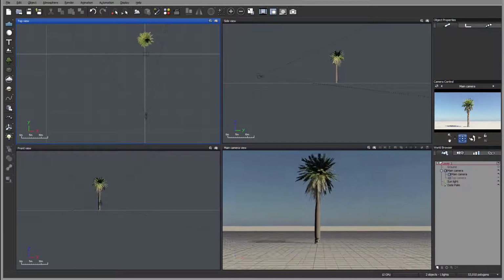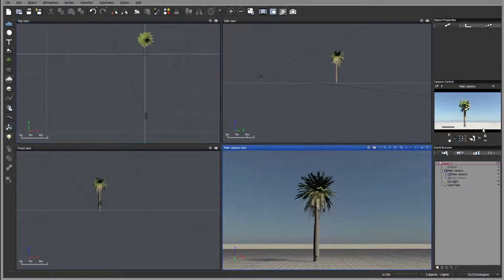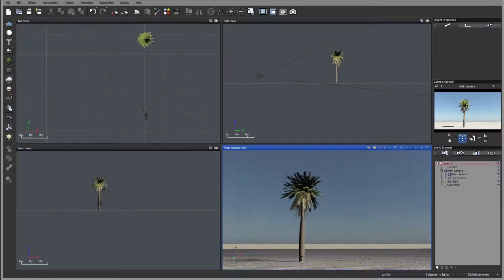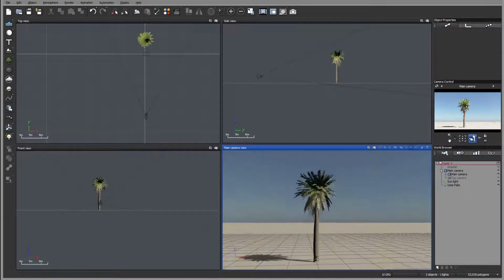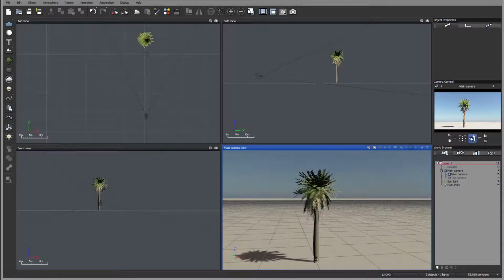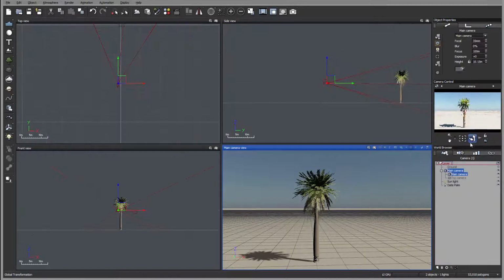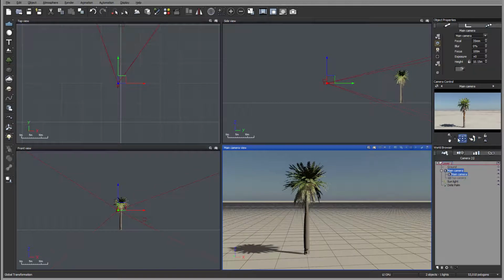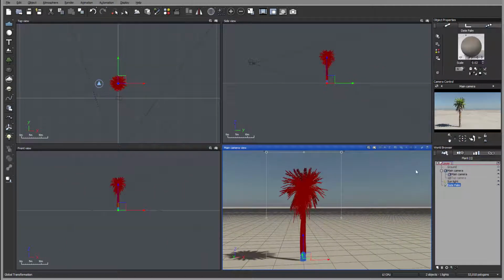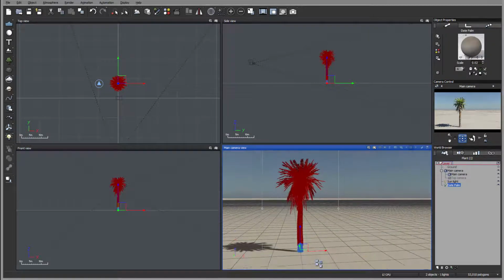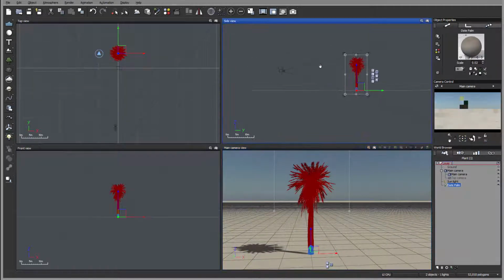So we have a rotation camera right here. Okay, you can see. Or we can have rotation around object. So in this case, nothing is selected. If we select the main camera, you can see it will act the same because it's rotating around the same camera. If we select the palm, now when we rotate the camera, it's rotating the same way, but